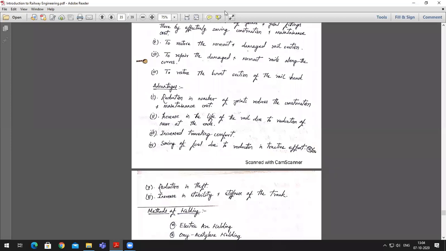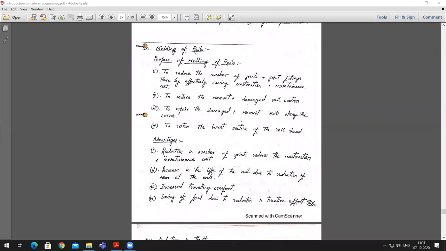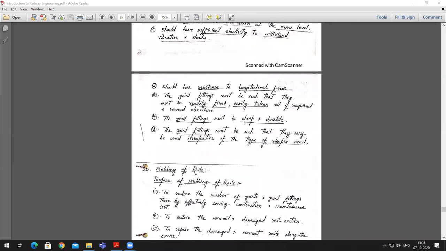I believe only 32 students have written their names in the chat box. 32, 26, I suppose. I had told you that you need to write your names in the chat box, right?